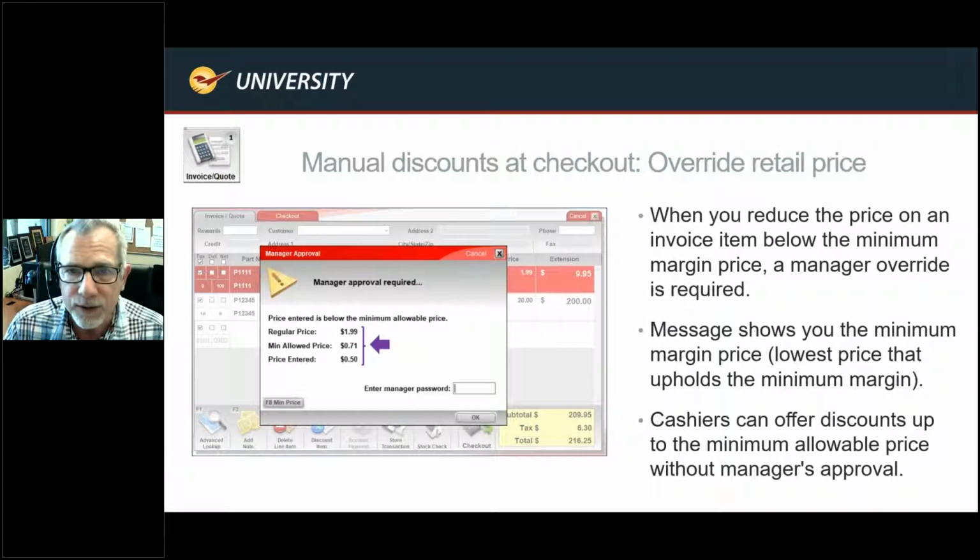The price that was entered was 50 cents. Now the system's saying, timeout, hold on a minute. The regular price is $1.99. My minimum allowable margin is set at 71 cents. How is that set? Depending on whether it's a department that's overriding the store-wide or it's the store-wide minimum margins that's kicking in here, it's going to show you and not let the cashier pierce that threshold of profitability